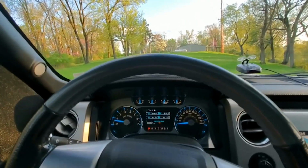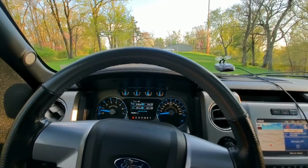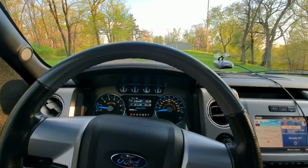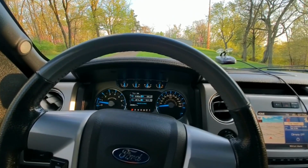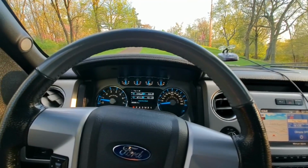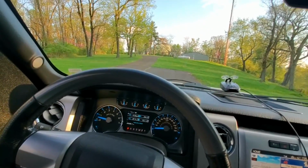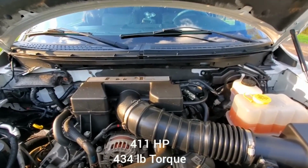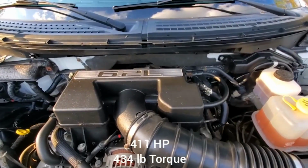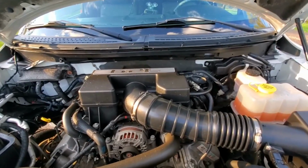This is a 6.2 V8 engine, the same engine they used in the Raptor, actually. They decided to discontinue this engine, and now they're using the high output V6, I believe, in the limited versions, which puts out more horsepower, but you can't beat the V8. So here is that nice 6.2 V8 engine that, to be honest with you, you cannot beat the sound of